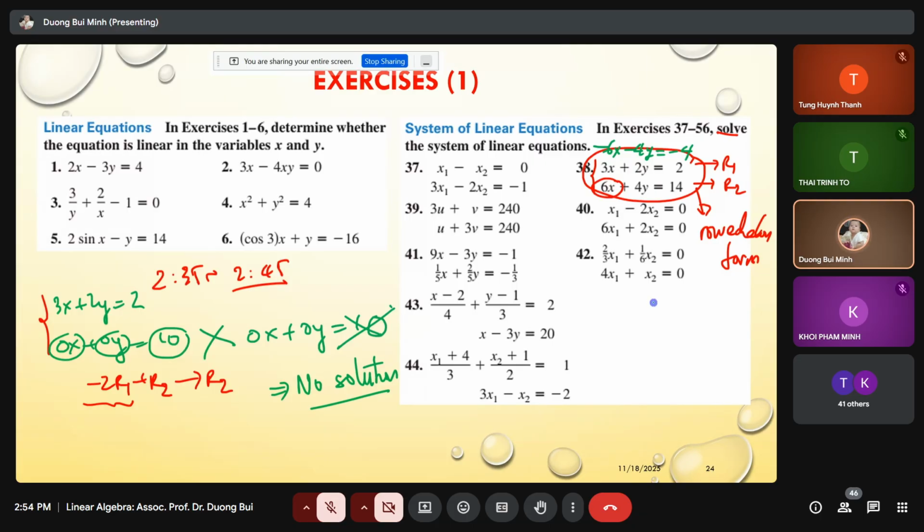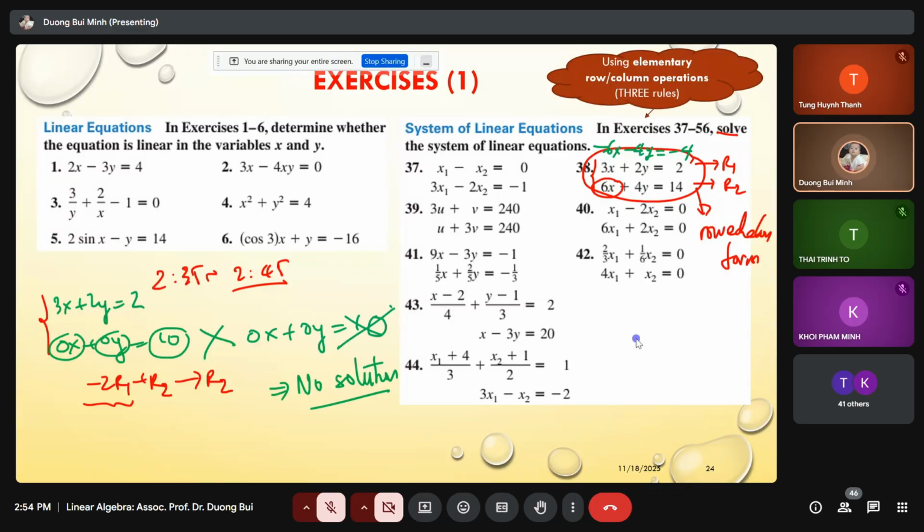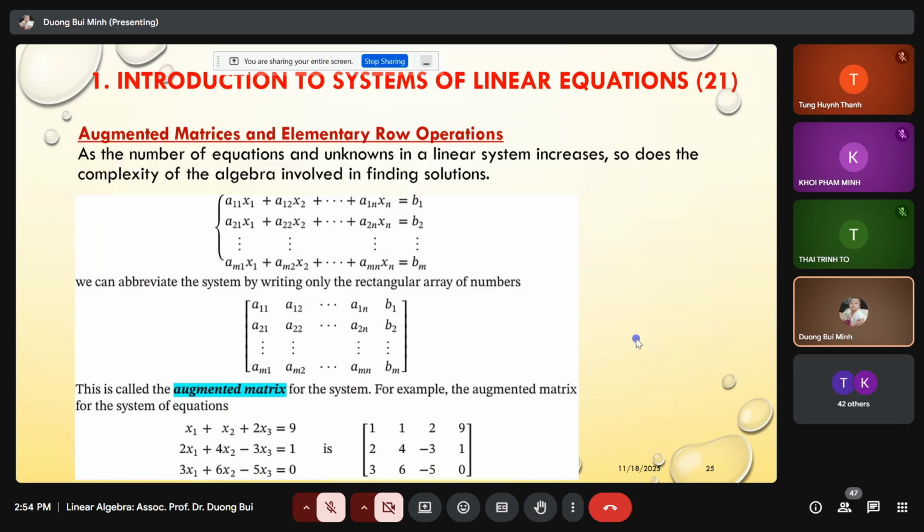Okay, I hope all of you understand. Now, we use elementary row or column operations. Totally we have 3 rules. Now, continue. We talk about